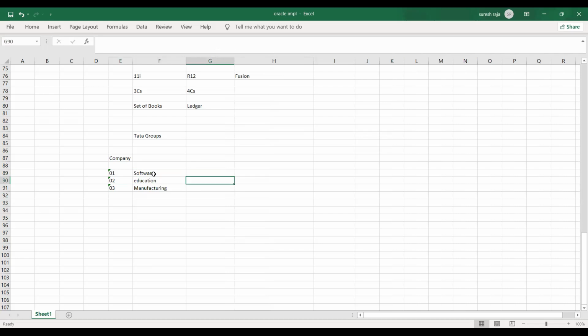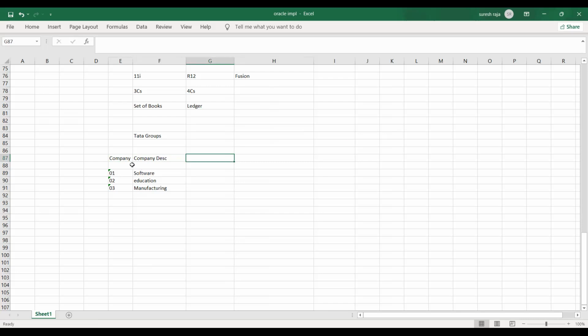They have many things. They are now into airlines also, which will be added. So company description: you can put business also. It is purely based on the consultant's idea how they design.